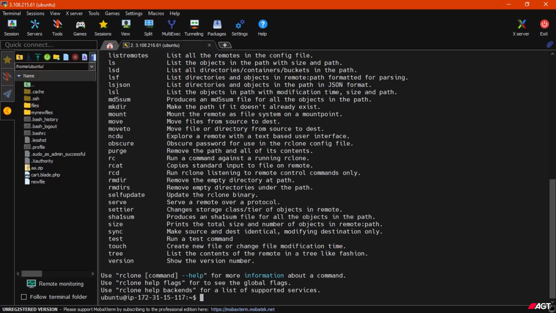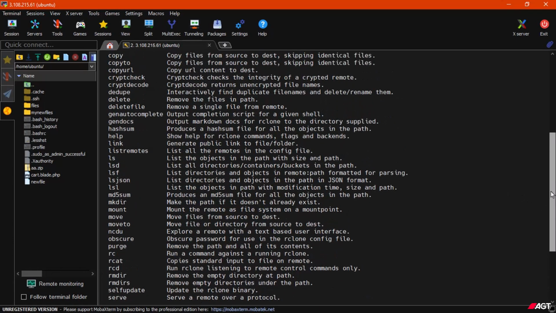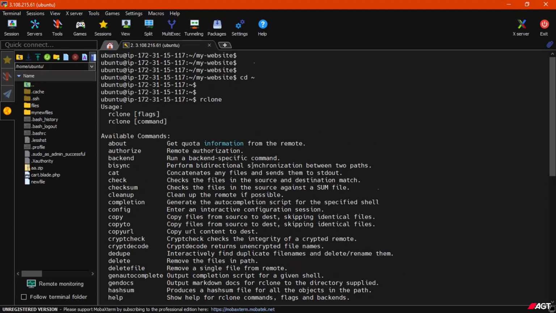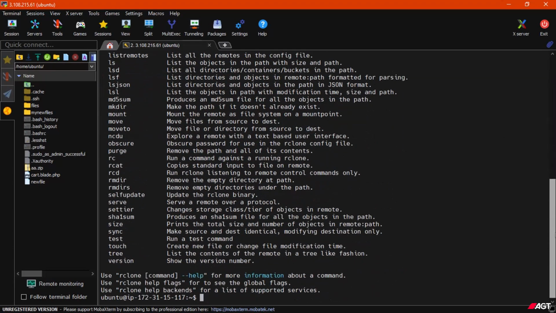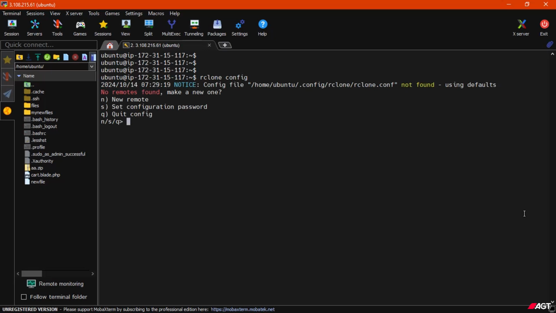So these are the available commands of rclone. Here is the option config. Using config, we will create a new rclone configuration file. So just type rclone config,